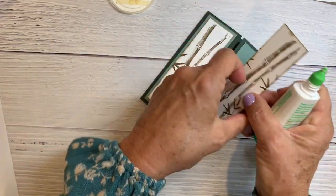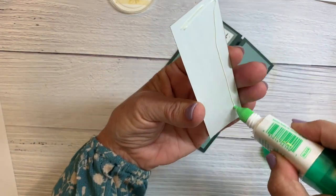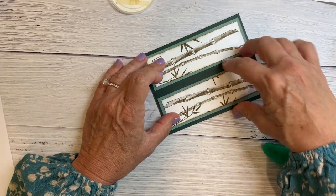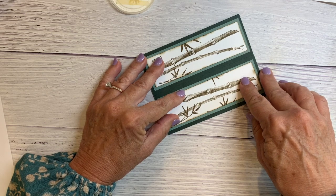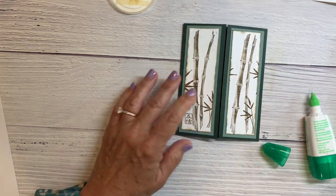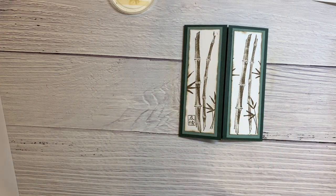I like it like this. Okay. Okay, I love these colors together. So let me do the thing I was thinking of doing